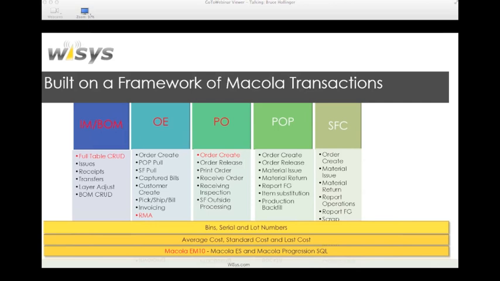So they're totally normalized in terms of the parameters and how you call them, and you just merely point them at the appropriate database and they make the appropriate changes. And it doesn't matter whether you're average cost, standard cost, last cost, bin or lotted, the objects support all those layers and capability. So some of the things that are coming down the road, and IM bill of material, we